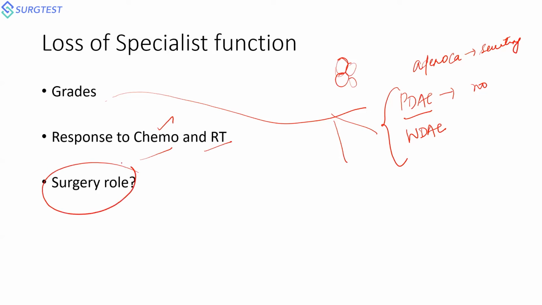and they will not be responding to your systemic chemo and radiations, where the role of surgery is upheld. Examples would be your appendiceal adenocarcinomas or low-grade mucinous adenomatous lesions of your appendix, where there is no role of chemotherapy. You just do a complete excision in the form of limited excision or right hemicolectomy, whichever you do, followed by keeping the patient on close observation and follow-up. There's no role of much chemotherapy or radiation that is going to work for a person who's got a low-grade